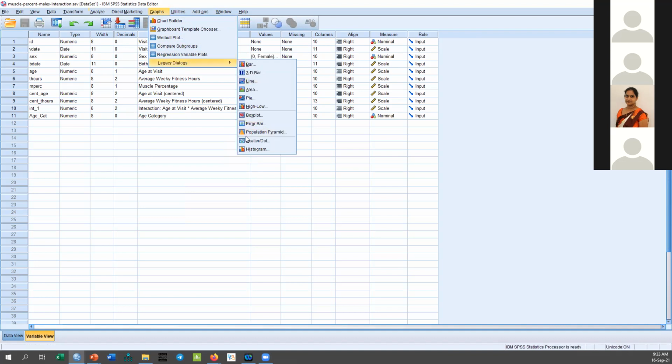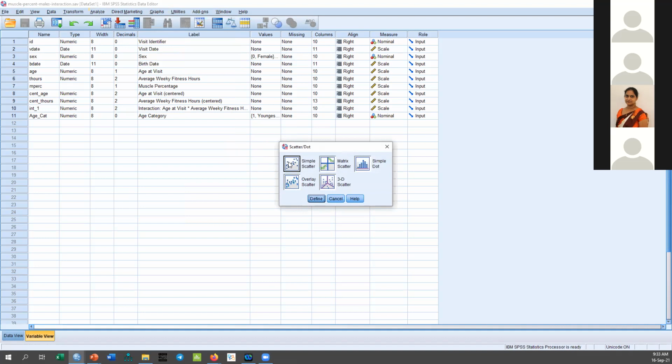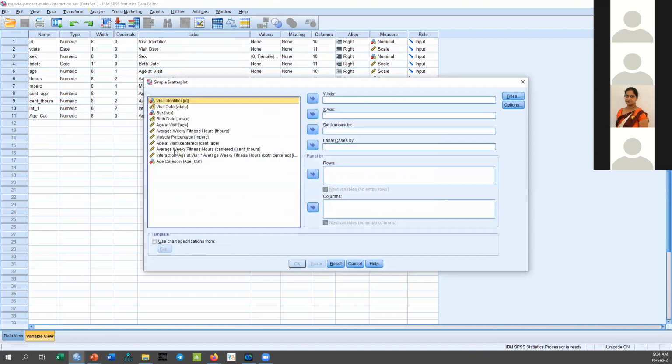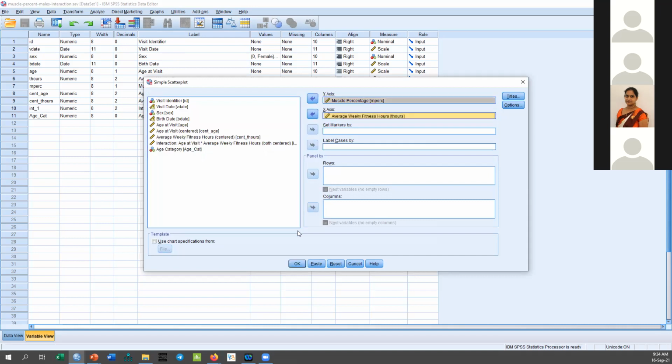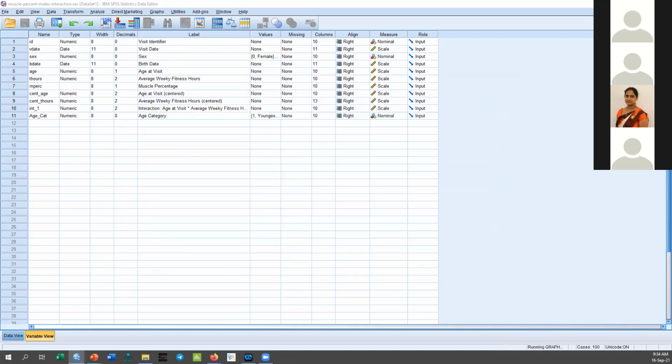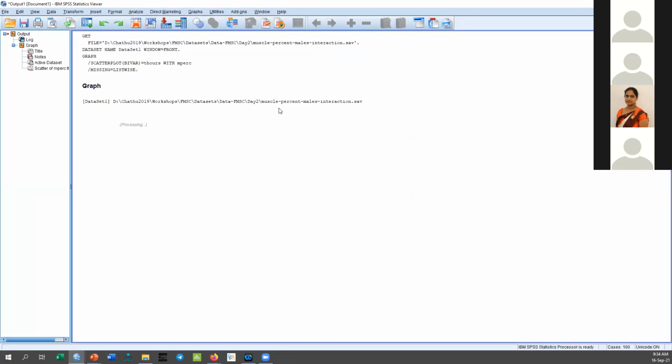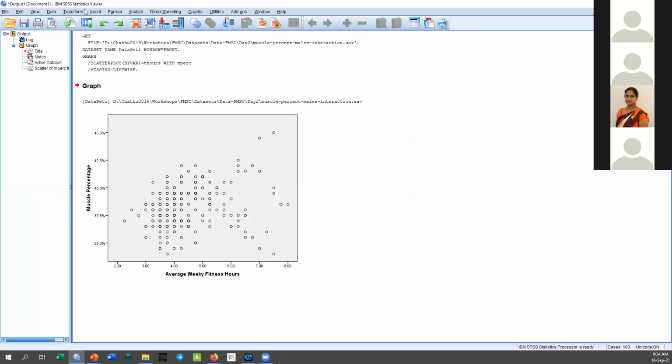Graph, legacy dialog, scatter plot, right? I'm selecting simple scatter plot. The Y variable is muscle percentage. Select that variable, and the X axis variable is average weekly fitness hours. Right? We can see some kind of a positive relationship, but we don't know whether this is strong, because from the plot we can guess it's not going to be a very strong relationship, right? However,